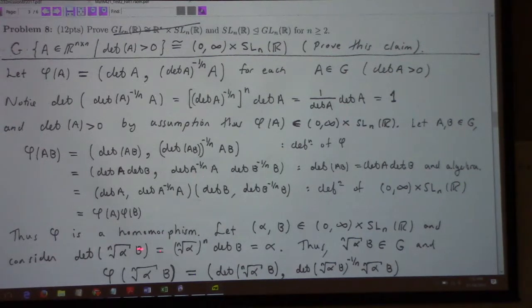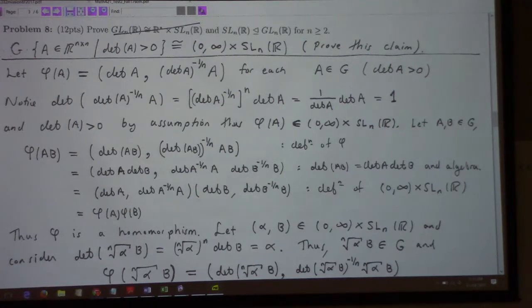Then to see that it's onto, if you pick alpha comma b in here, and you consider the determinant of the nth root of alpha times b, well, that gives you back alpha. So if I look at the nth root of alpha b, that's in G, because it's a positive determinant matrix. And so if I map phi of the nth root of alpha b, that gives me this comma that, which is exactly alpha comma b. Because here, when you calculate the determinant of this, you get